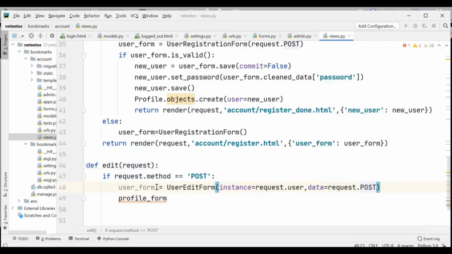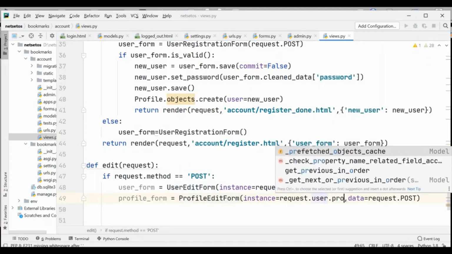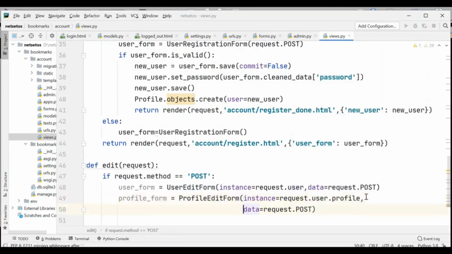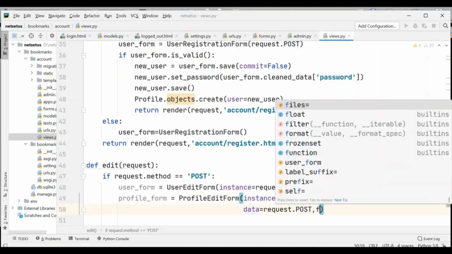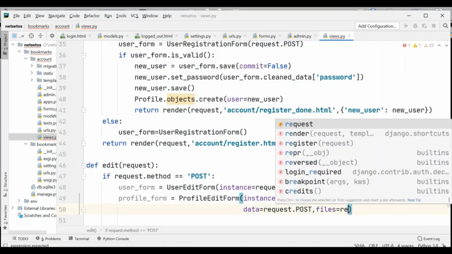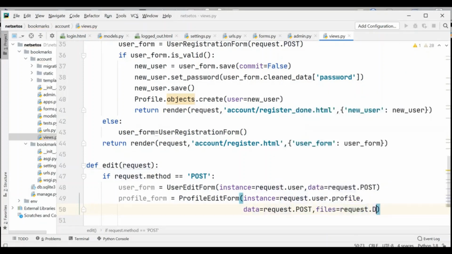Now for ProfileEditForm, instance will be request.user.profile, data will be request.POST, and here we will take one more parameter, files, for request.FILES,